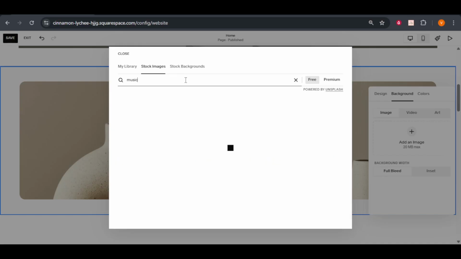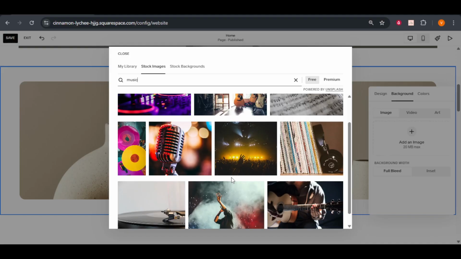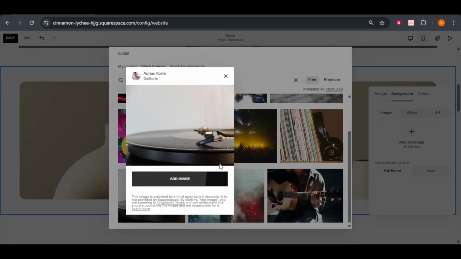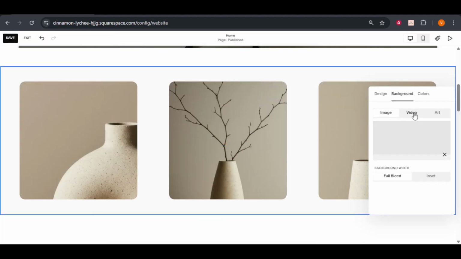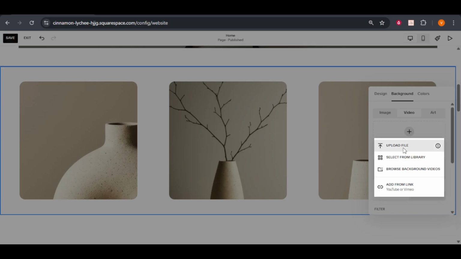For those who prefer dynamic content, Squarespace also enables you to use a video link from platforms like YouTube or Vimeo. This option is perfect if you want to add a video background that can engage your audience in a more interactive way. Just make sure that the video is set to public and copy the link directly into the provided space. This will give your site an edge by offering movement and life to your background, creating an immersive